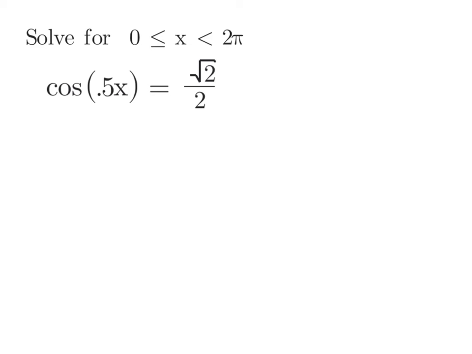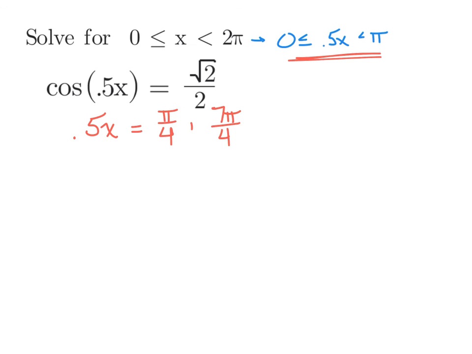Let's try one more. If x goes between 0 and 2 pi, then where does 0.5x have to go? Well, since we multiplied x by a half, we have to take half of that 2 pi, so we're going to go up to pi. Thinking about our solutions now, cosine is root 2 over 2 when the angle is pi over 4 and 7 pi over 4 for one trip around the circle. However,